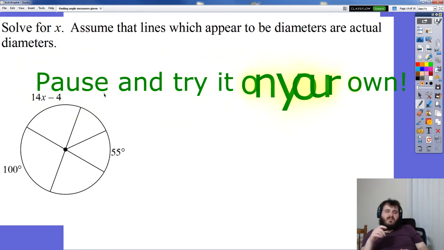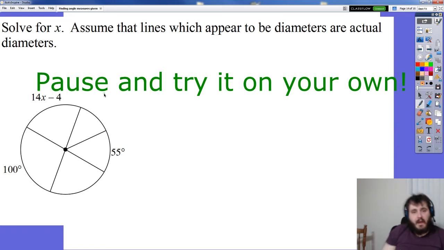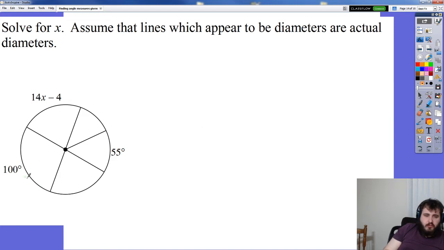Here's another one. Give this one a try, see if you can do it. Okay, so how do we know what we need? Take a look. These two right here are cut by a diameter, right? What about this thing over here? Is it necessary? Is it useful? Probably not. If I already have these, it's not so much that I can't use it, it's why would I? Because I've got a whole